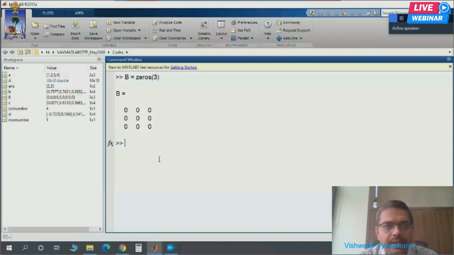It will generate a matrix B which has all elements as 0. Very simple, and very useful. Viewers will appreciate this when they are coding in MATLAB where they need to suddenly generate an array, a vector or a matrix.